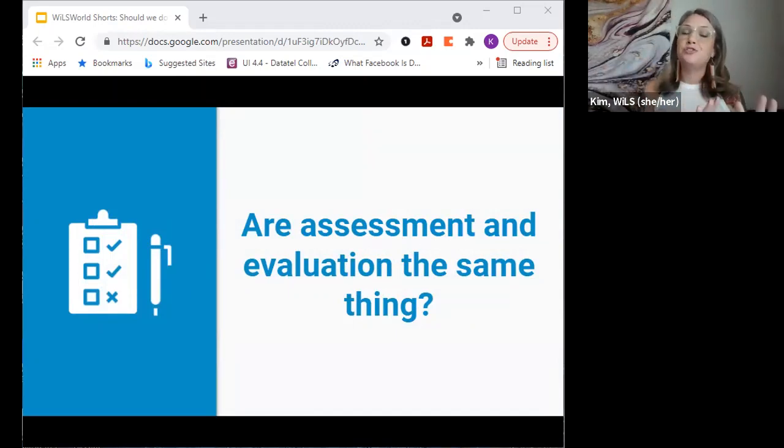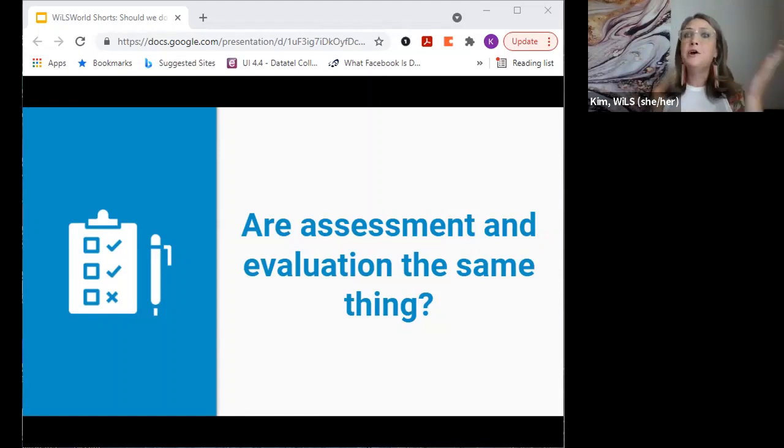Assessments tend to focus on measuring individual knowledge, skills, attitudes, beliefs, and things of that nature. So for example, let's say you were going to be offering a training to your staff members on a new software that you're going to be rolling out to support your summer reading program. A pre-post survey of what staff knew about the software before and then after the training could be one way to assess what staff members learned from that training session. In other words, you're assessing what was learned by individuals who participated in this specific training event.